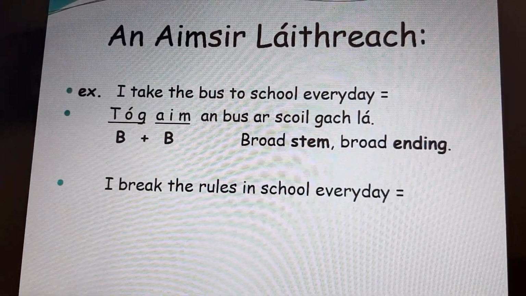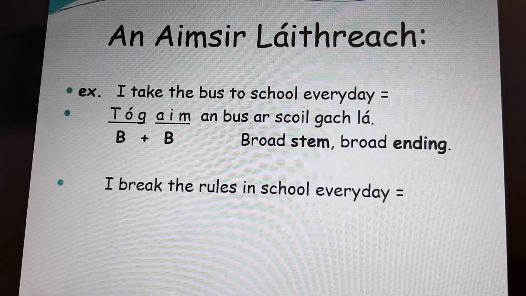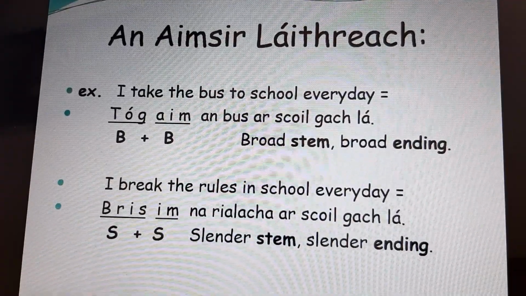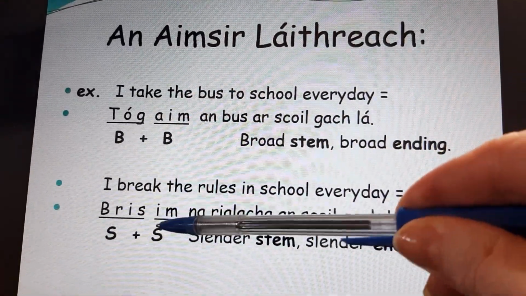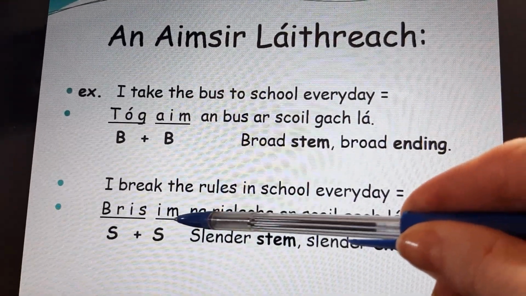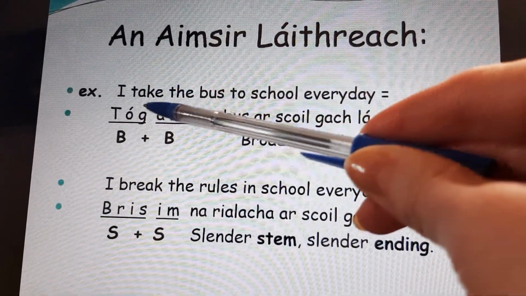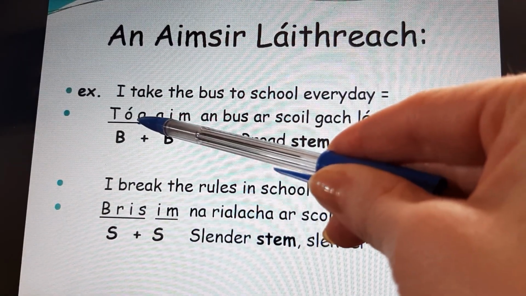Let's have a look at a wee slender example now. I break the rules. So the verb to break is bris. There you have it. And I'm choosing my correct slender ending for "mé", which is -im. And again, no separate "mé". Now, can you see what I've done there? The stem